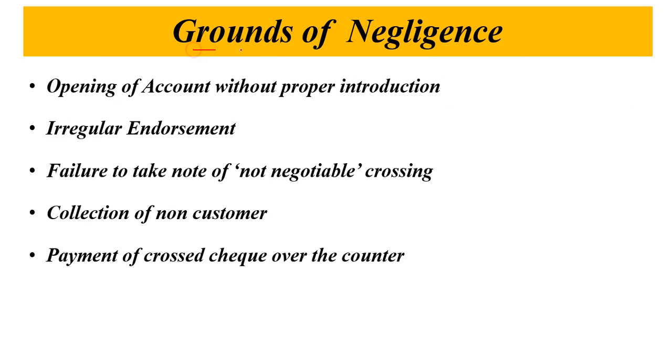Now the grounds of negligence. Ground of negligence means what? There are some situations or conditions in which negligence can happen from the collecting banker. First is what? Opening of account, opening of a saving account, current account, whichever account the customer is opening in the bank, and if that account is opened without proper introduction, that is when a customer is opening an account and the banker